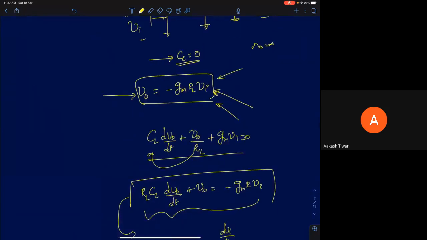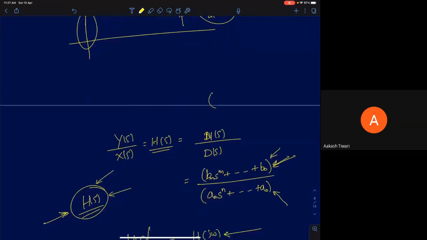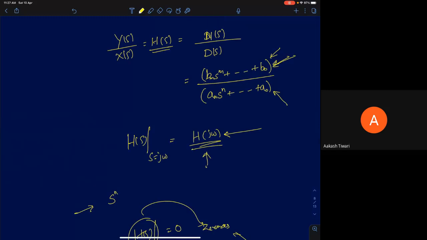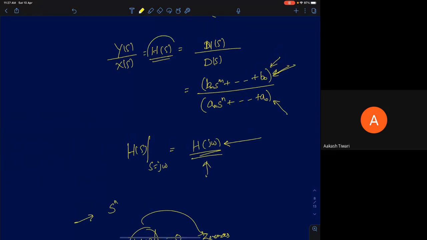So now what to do? Now I know the transfer function. How do I say if a system is stable or not? We discussed that very briefly as well. If I know the transfer function H of s, for any linear differential equation system, the transfer function can be expressed as a ratio of a numerator polynomial in s divided by a denominator polynomial in s. Any system that can be characterized by a linear differential equation can be expressed this way.